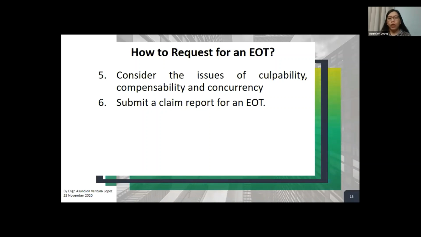I would like to encourage you to step up a bit and try to improve your skills in the preparation of this whole report for an EOT. It is very good that you know how to prepare the program, and if you are a QS, you know how to do the cost estimating, the bill of quantities, and conduct the tender. But the preparation of the report itself is something that will improve your skills.